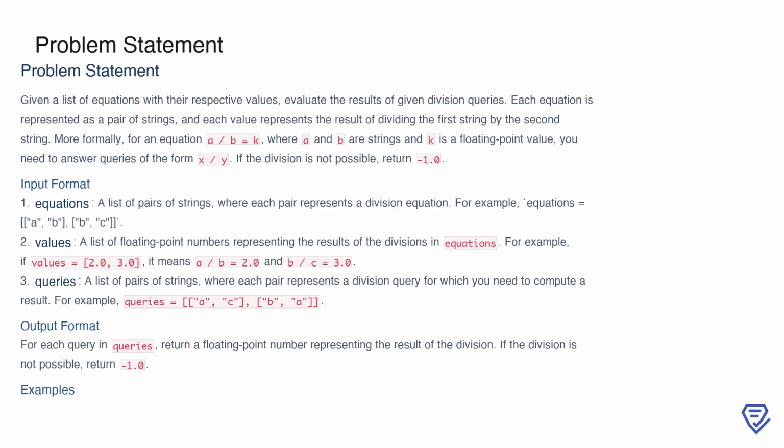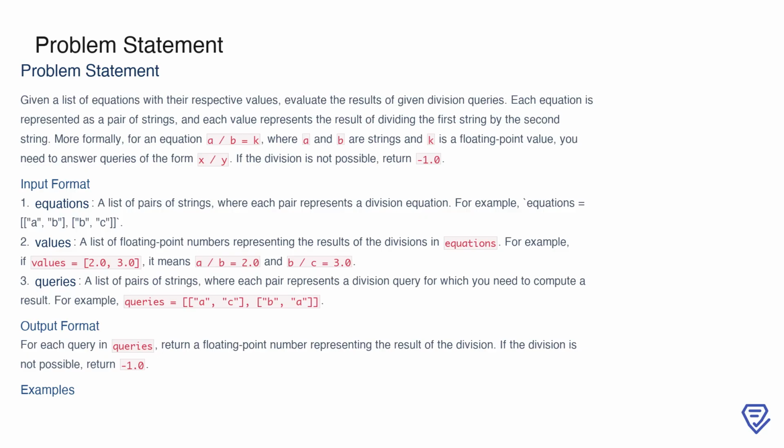In this problem, you are tasked with evaluating division queries based on given equations and their corresponding values. Each equation is expressed as a pair of strings, where the first string divided by the second string equals a given numeric value. For example, the equation a/b equals k means that dividing a by b results in the value k. Your goal is to compute the results for a series of division queries, which are also expressed as string pairs, like x/y. If a query cannot be resolved due to missing information or disconnected variables, you should return -1.0